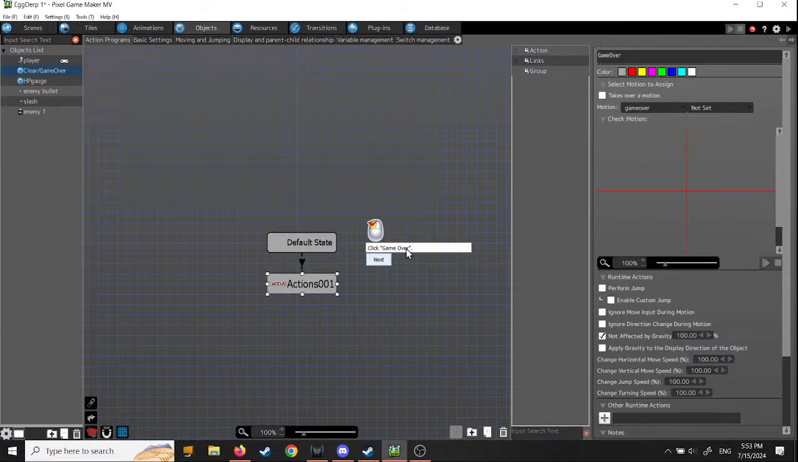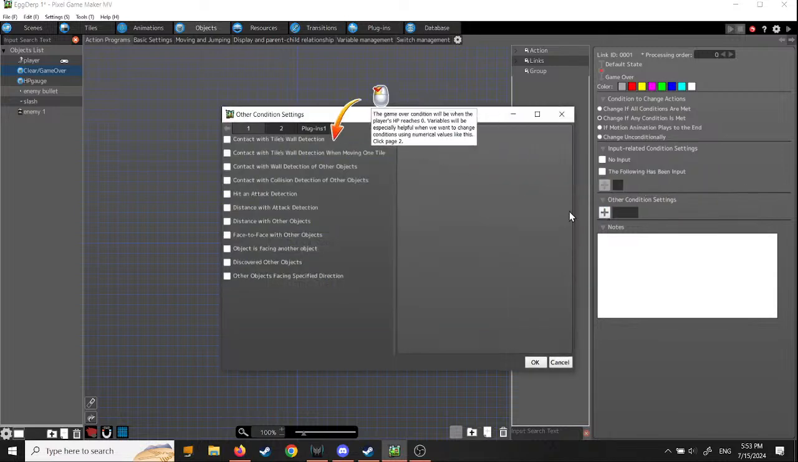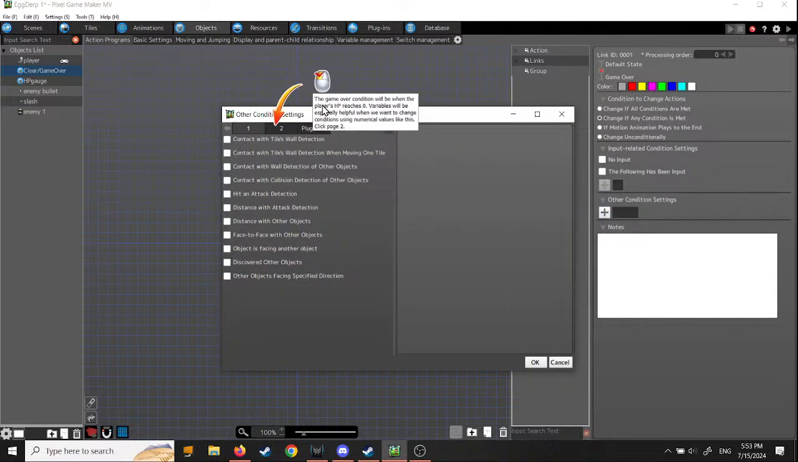Okay. I don't know if I need space in there or not. Click next. Now this is in the link here. Click the conditions other. Okay. Let's see. The game over condition will be when the player's hit points reach 0. Variables will be essentially helpful when we want to change the conditions